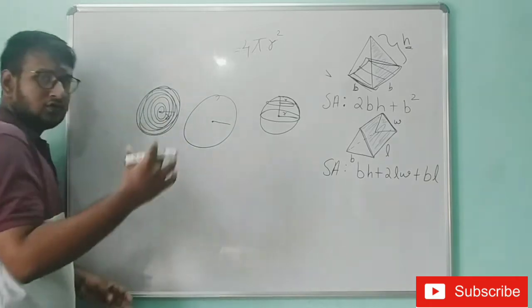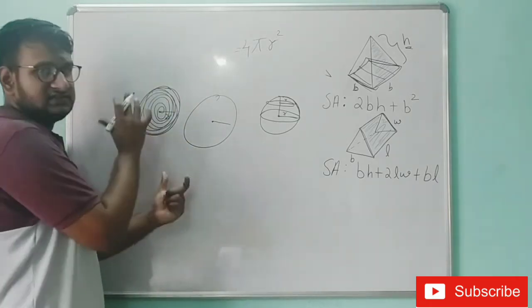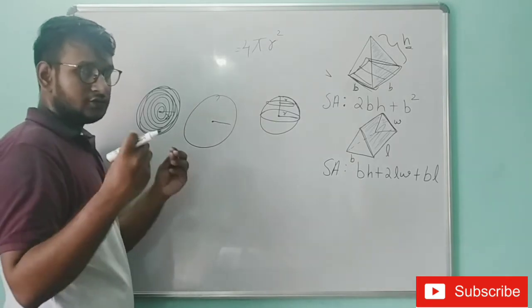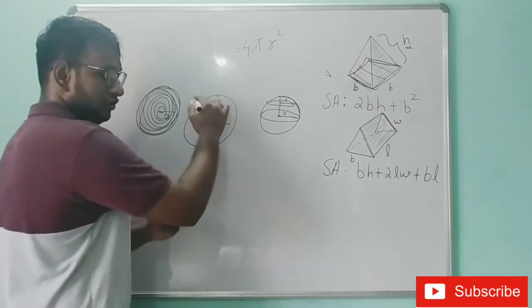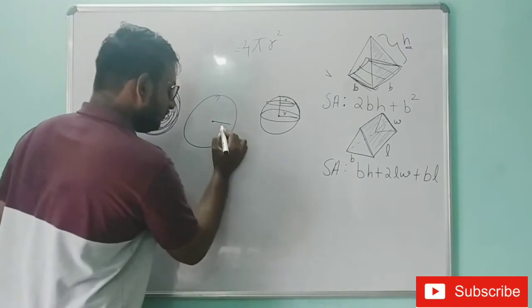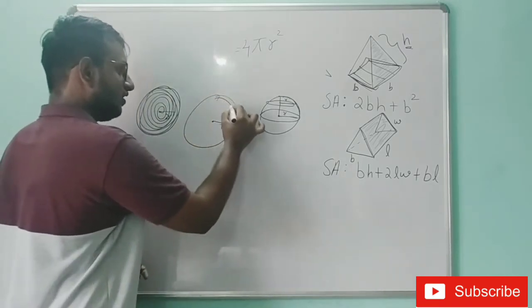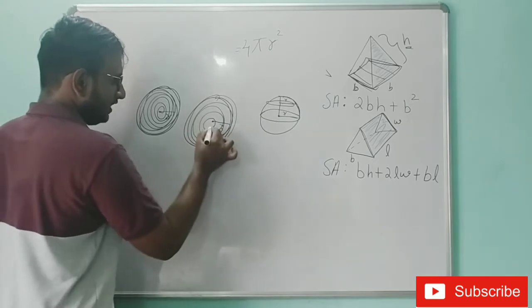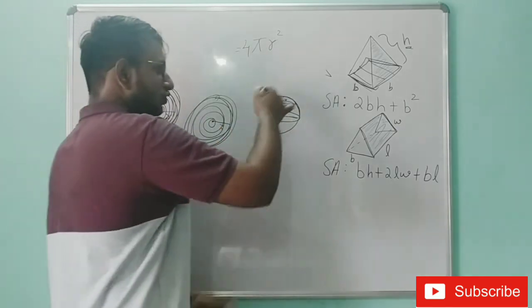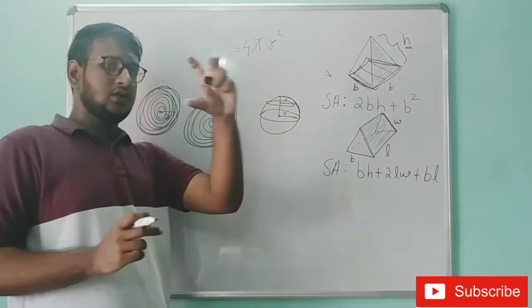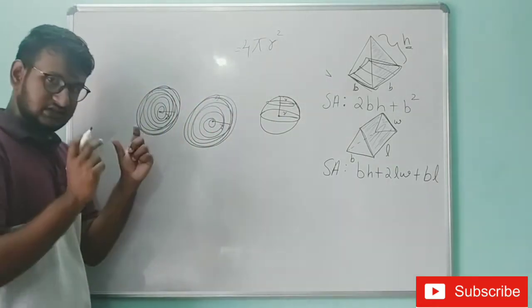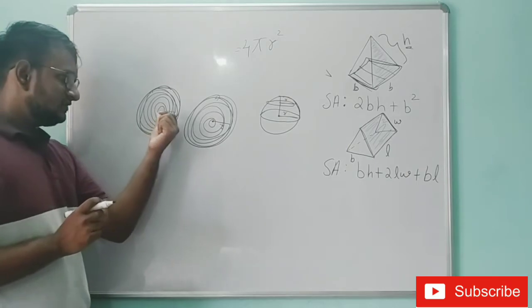Then I have some more thread. I have filled this circle and I also have a few more threads. So I am going to take another circle with the same radius R and start to fill this circle with the same thread, which I used to cover the whole tennis ball. That is the whole tennis ball with the radius R. So I am taking this circle with the same radius R.